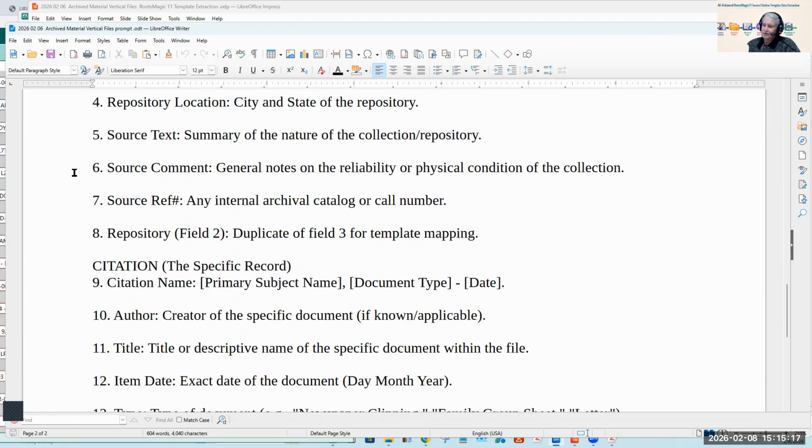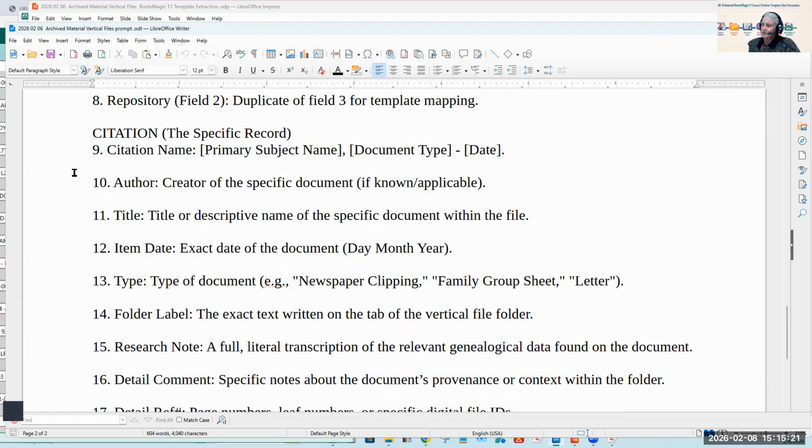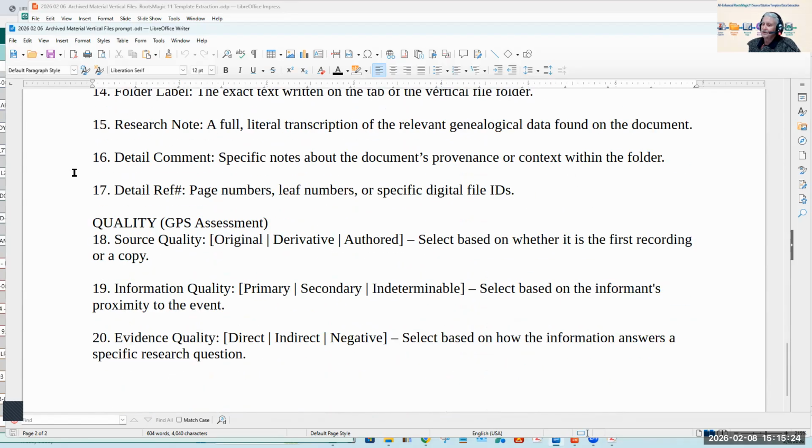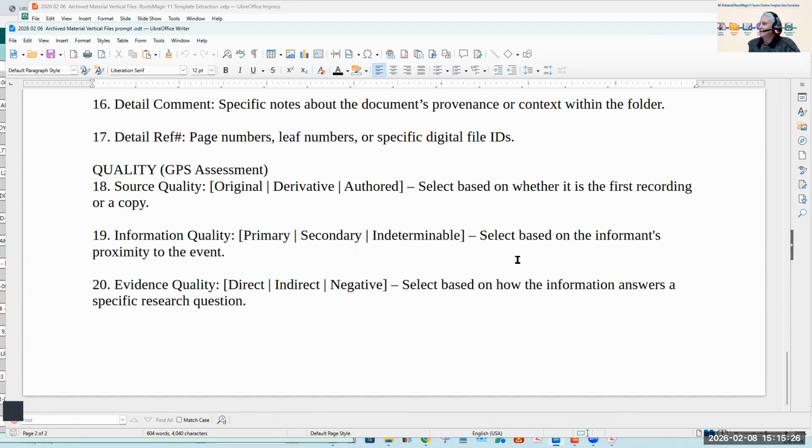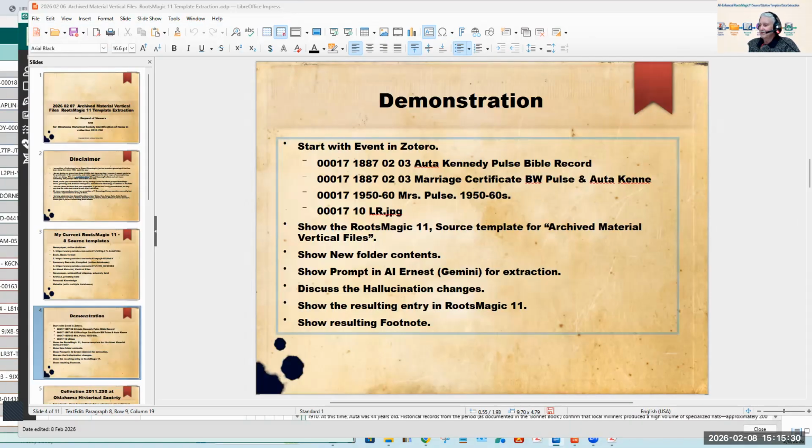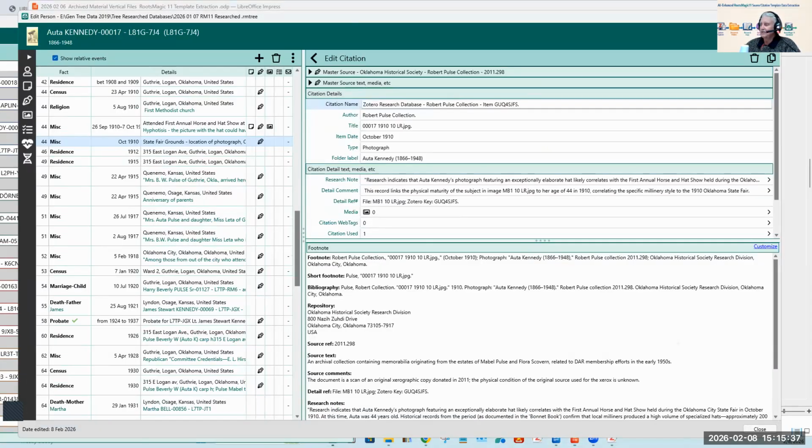Now this will be number 4, so I have four examples, and Gemini's getting pretty smart about being able to extract the information and build a prompt for itself. And so that's what it's done. And the resulting footnotes. Did I do enough of that for you? Okay, let's do that. Here's the footnote for this here, which was the picture. So that's what it wrote for a footnote for it.